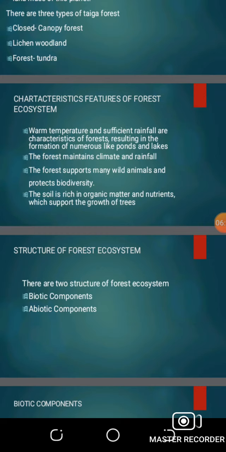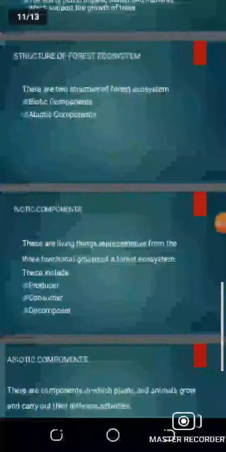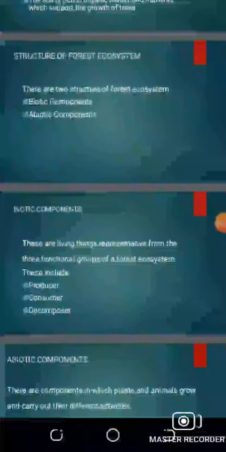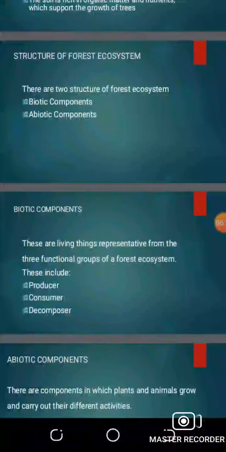Let's go to the structure of forest ecosystem. Under structure of forest ecosystem, there are two structures, namely biotic components and abiotic components. Biotic components are living things present from the three functional groups of forest ecosystem. This includes producers, consumers, and decomposers.